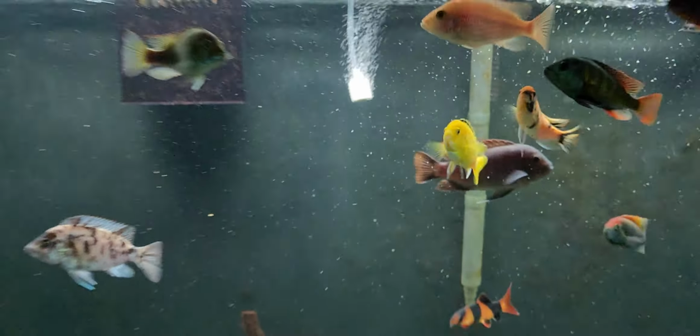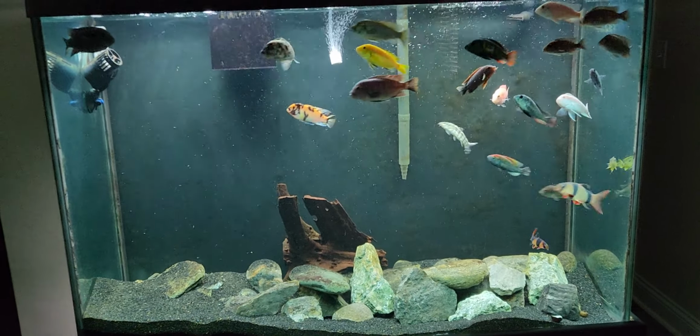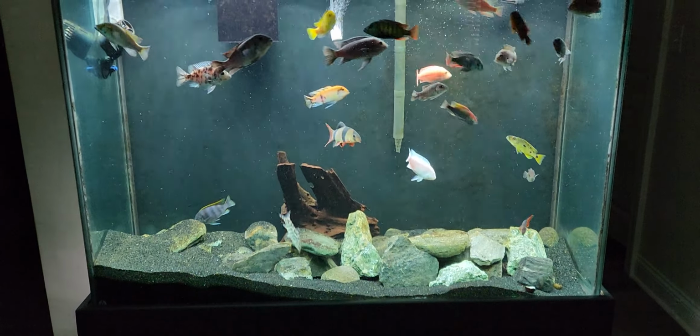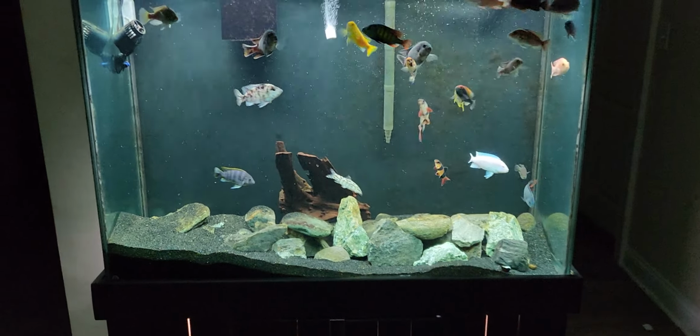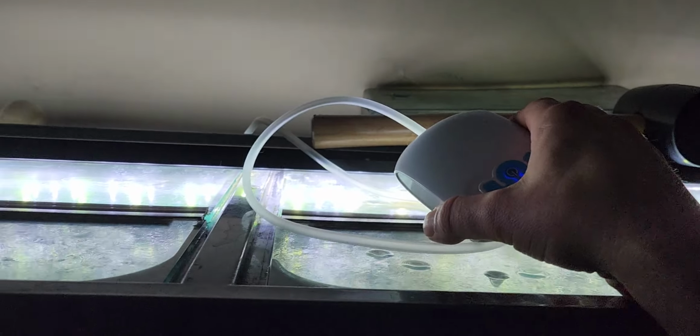So this tank, having a sump and having smaller fish, the sump really has nothing to do with the power. I was just kind of talking about it for a second for those of you that have sumps, or those of you that might be wanting to set up a sump especially, on a couple important details for if the power ever goes out. But the biggest reason why I put another one of these little battery bubblers on here,